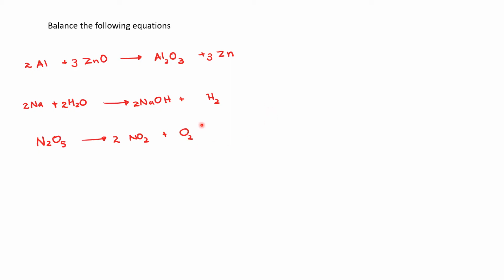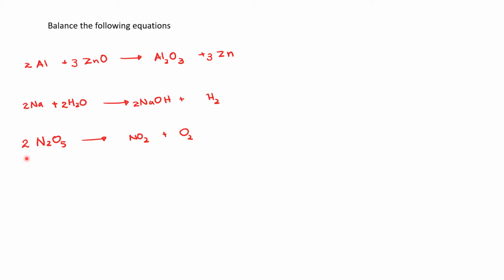So let's go to this equation. You have 2 nitrogens here and you have 1 nitrogen here. So we add 2 in front of nitrogen dioxide. That makes your oxygens 5 in this side and this side. 4 plus 2, 6. Now what we're going to do is we are going to